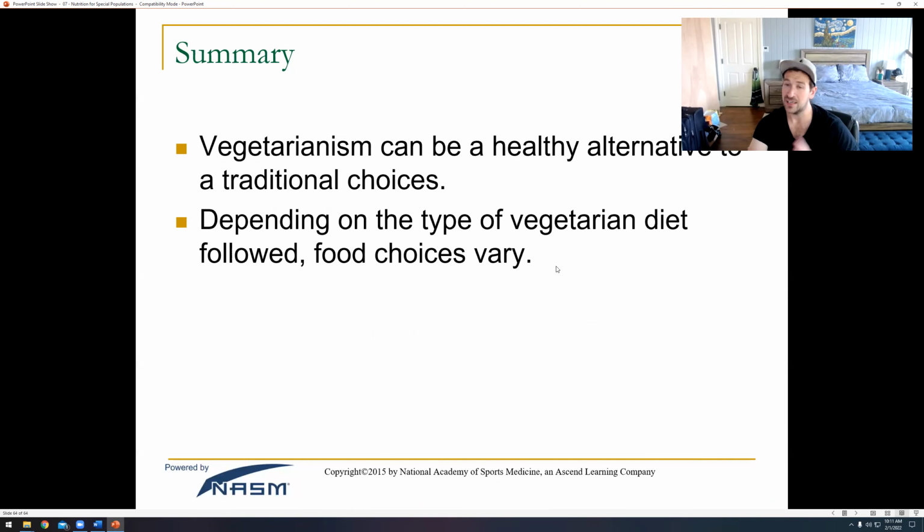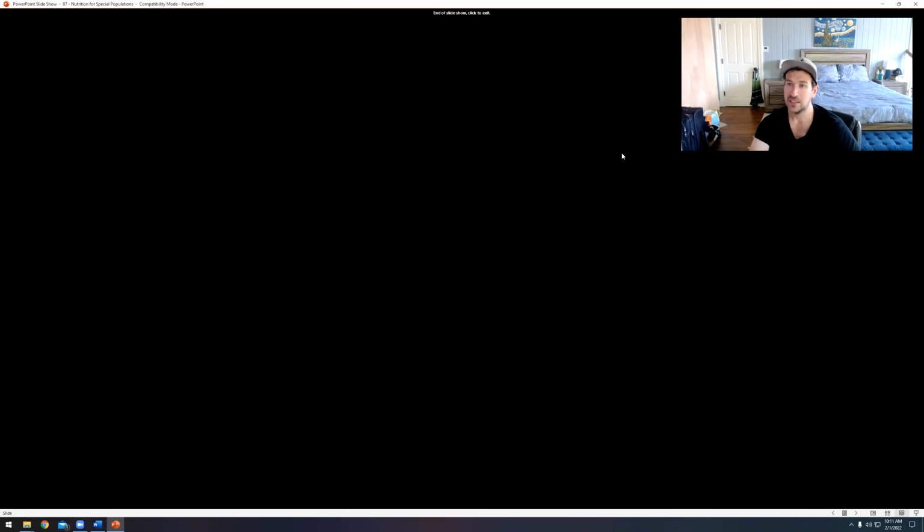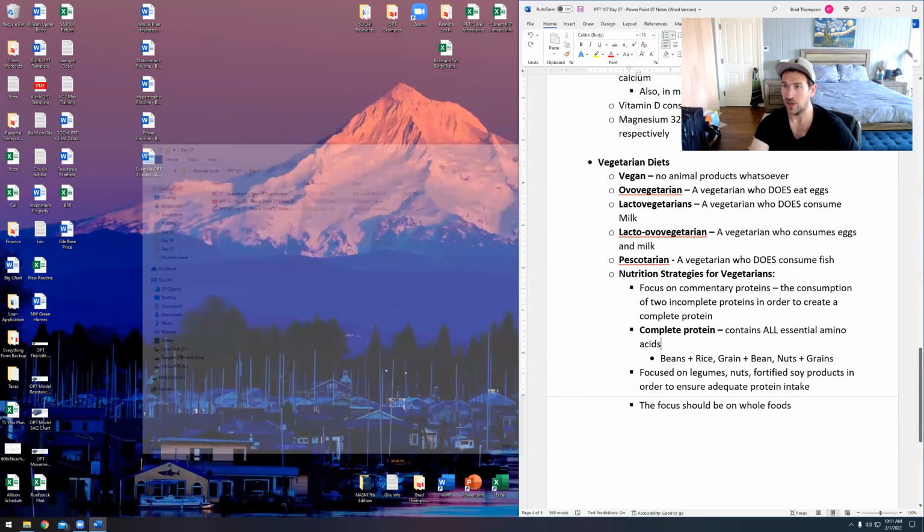And then vegetarians, it is an alternative choice for meals, but your food choices are still very varied. I've goofed around with veganism just for fun to see how difficult it is, and certain clients that go through it and stuff. It's not as bad as it seems. I did get tired of tofu pretty quick though, and did not know how to cook it properly. That stuff is tricky to make taste good.